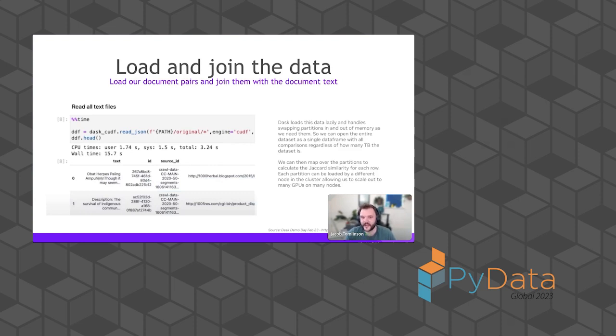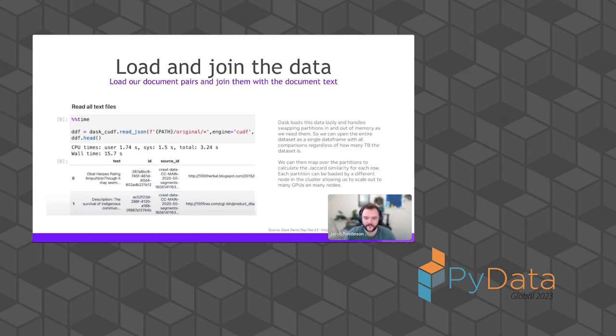But this is, at this point, a many terabyte data frame representing all of the data. We've exploded it out and have lots of duplication in there, because you're comparing all the files with all the other files. But because all of this is lazy and done in Dask, we don't have to worry about actually fitting that into memory. We just choose our chunk size to be something that will fit in memory, and we can have as many chunks as we want to work through this data set. And then we can map over it, do a row-wise operation over this data frame and do this comparison. So the way that the NeMo team has done this in Data Curator is by calculating the Jaccard similarity